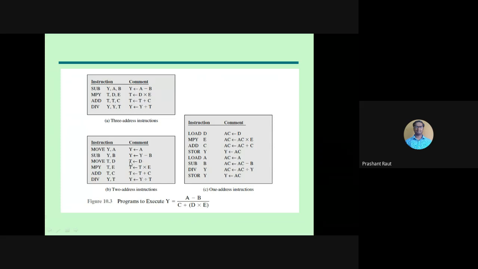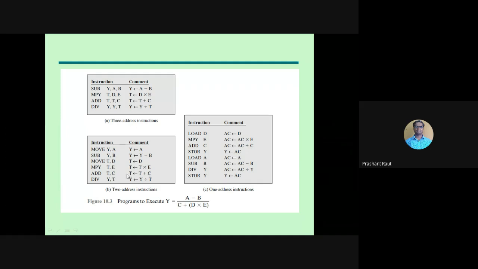Next, t is equal to d. We again transfer d into t, and now we perform the multiplication. T is equal to t multiplied by e. Again it is a 2 address instruction. So now you have the multiplication value inside t. Now this multiplication value is added to c.